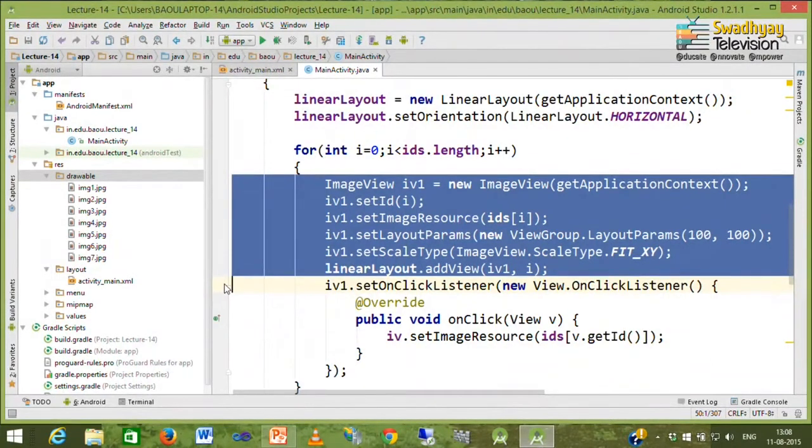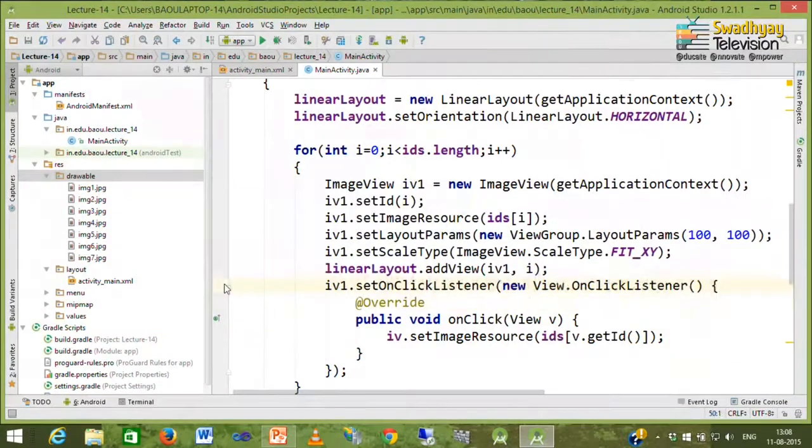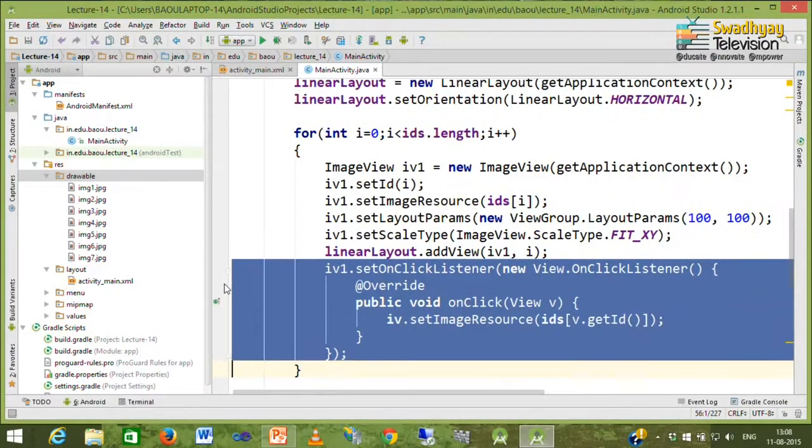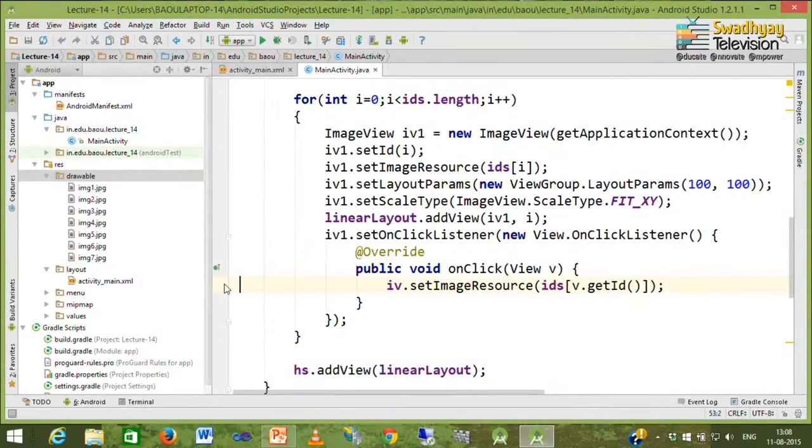So, we have to write the code for handling the click event of our image view. The highlighted portion shows what to do when an image view inside the linear layout is clicked. So, here we implemented set on click listener. Inside onClick I write iv.